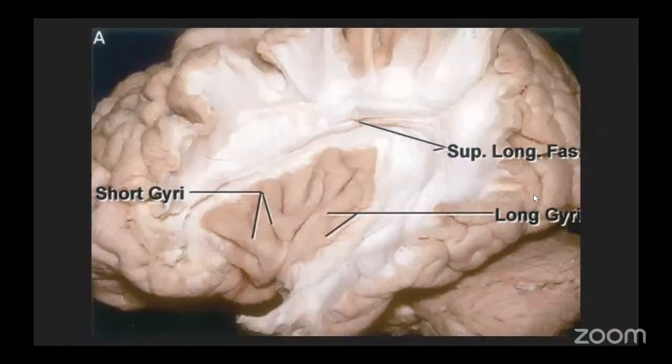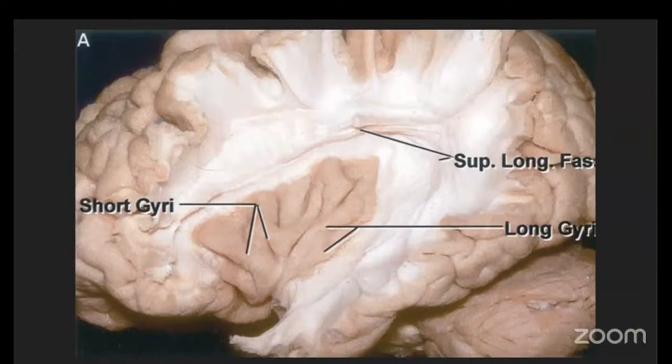Now we have taken away all the cortex, and what you see is a beautiful dissection of white matter tracts. Let me draw here. This image is so beautiful that I don't even want to draw over it. You can see all the white matter tracts here, corona radiata and so on. We are going to come to them later on. You can also see the superior longitudinal fasciculus, which has been cut here. And just so that you can imagine, this portion here will also have